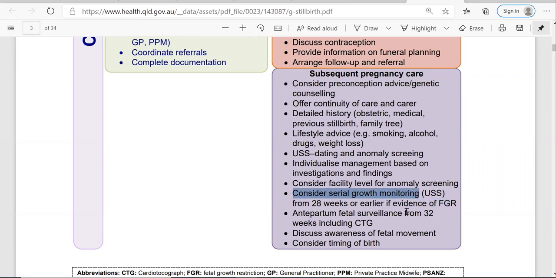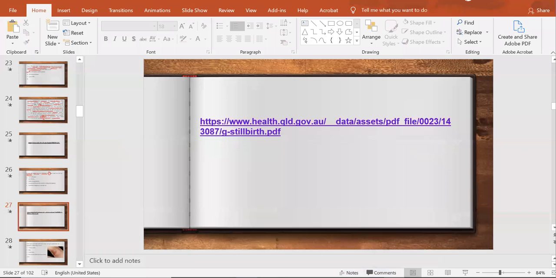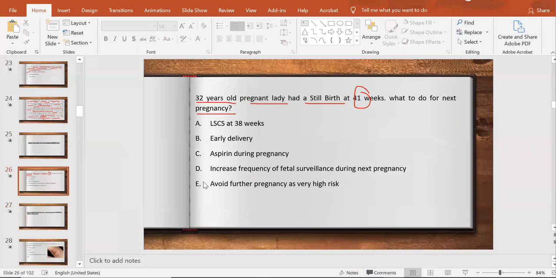So one option is doing serial fetal growth monitoring from 28 weeks. Another one, you can do antepartum fetal surveillance from 32 weeks, including CTG. Discuss awareness of fetal movement. Consider timing of birth. Okay. Now, this could be any of the options. Some of the other options you could think about, like